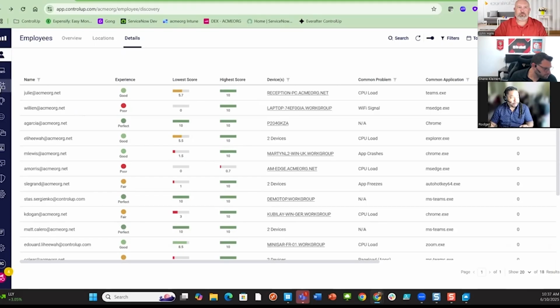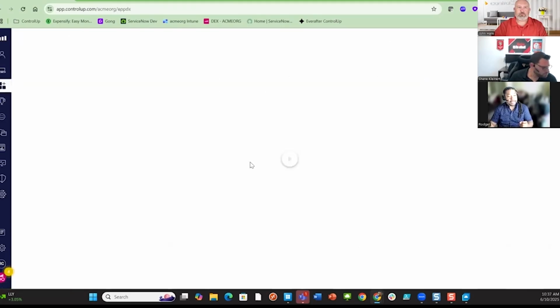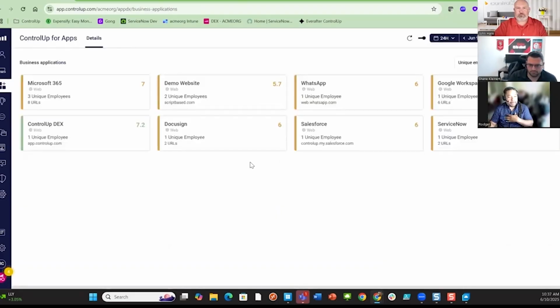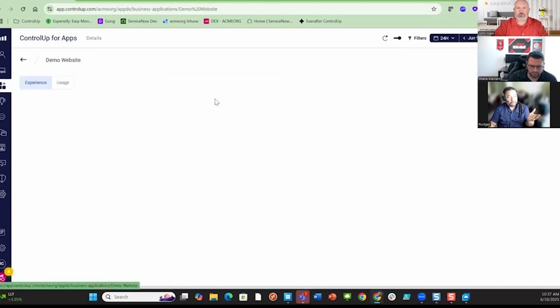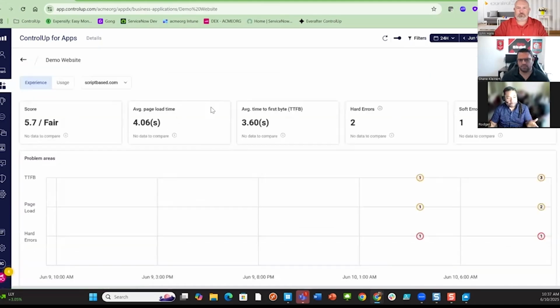In the solution, I can look at the SaaS applications that the users are going to. So in my test environment, I have different SaaS solutions that the end users are going to. In this, I can see the performance from the standpoint of the experience of the user. And that's the important part.